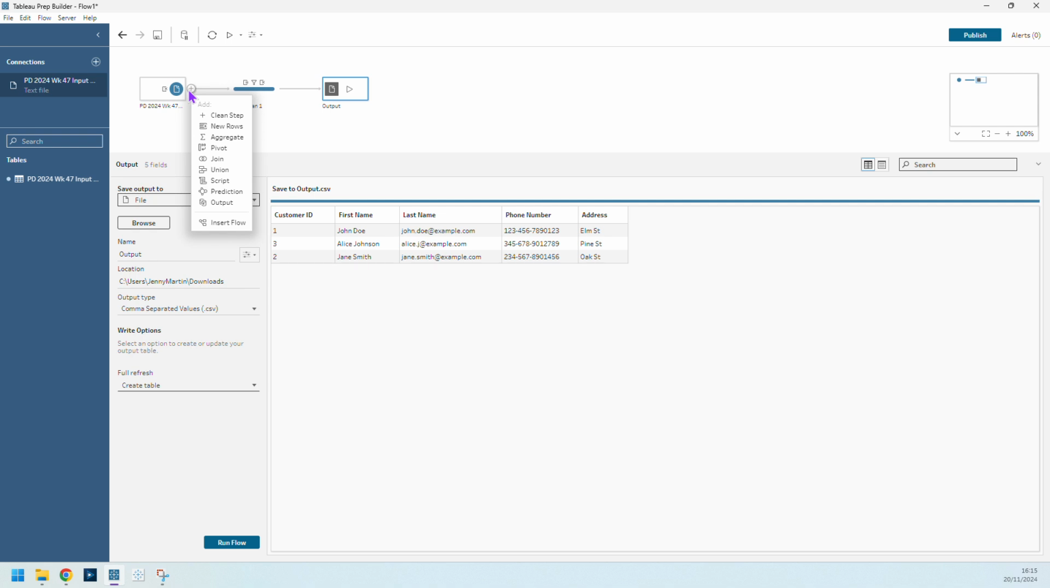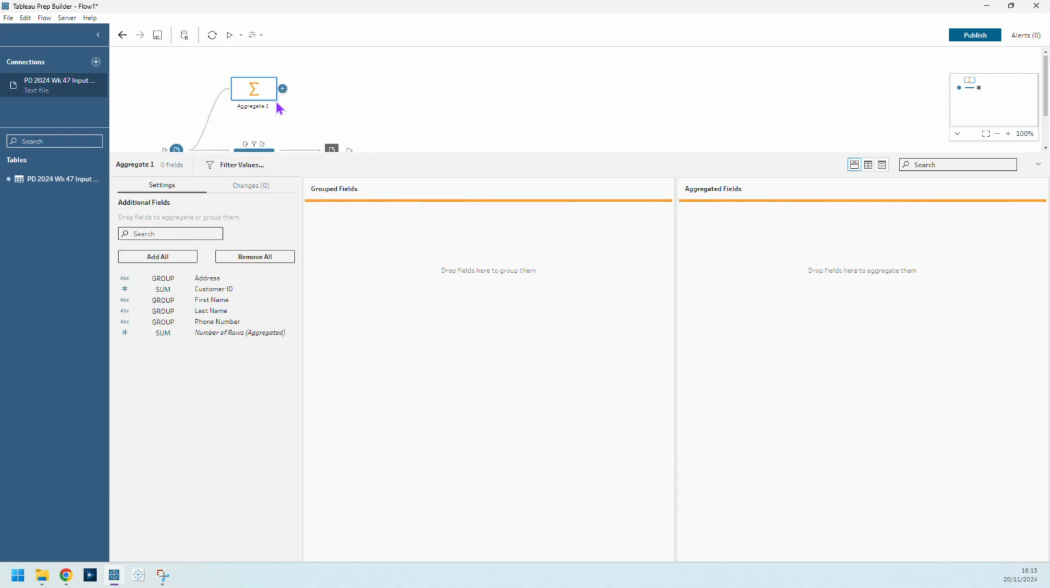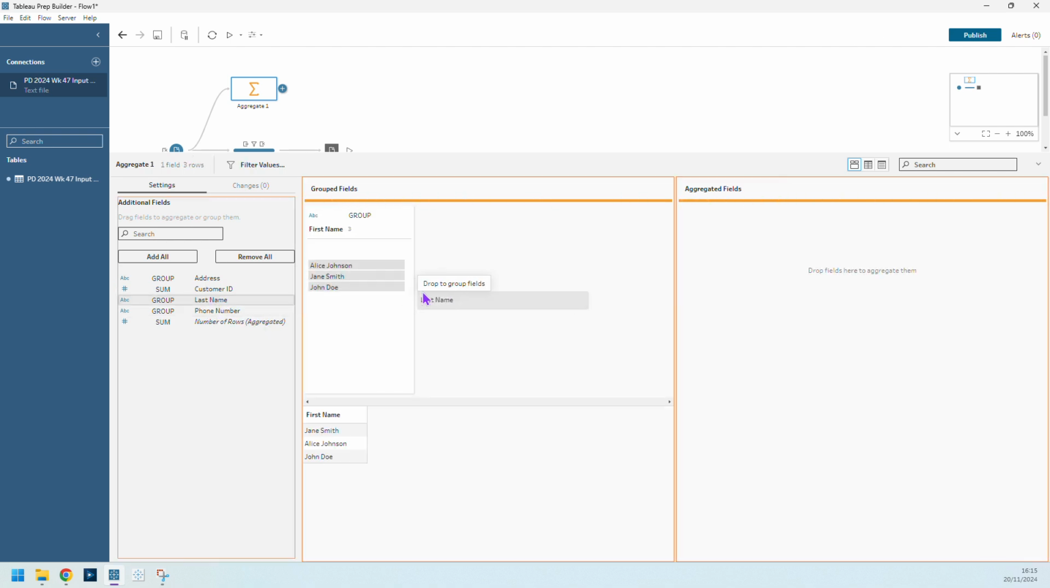But yes, how would I do this challenge if I didn't have that identify duplicates functionality? I'd use a different type of step. So rather than a clean step, I'd use an aggregate step coming out of that input step. And what I'd do is make sure to drop all 5 of my fields into the grouped fields section. So if I pick up, for example, the first and last name first of all,